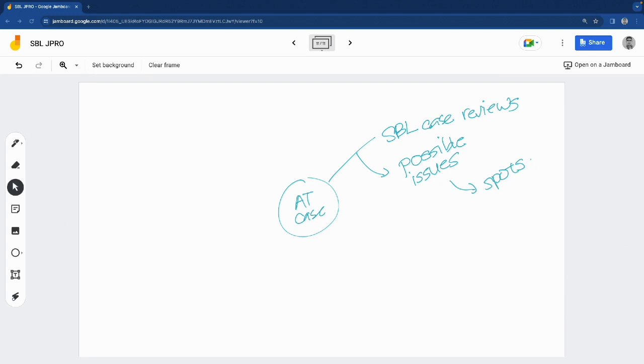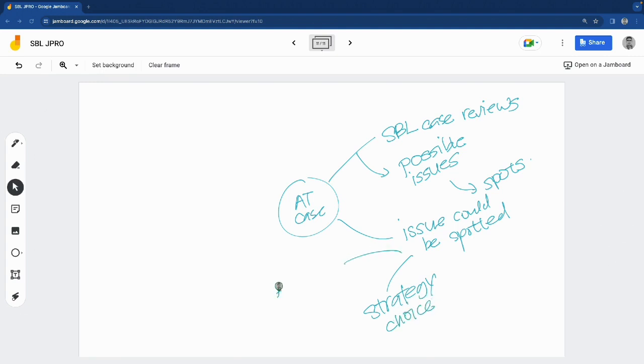So you got to be very careful on the spots, because there are many times the issue spotted is going to come out. Issues could be spotted, okay. Let's see, the issues that could be spotted include things like your strategy choice, okay. They could ask you a strategy choice. They could ask a strategic